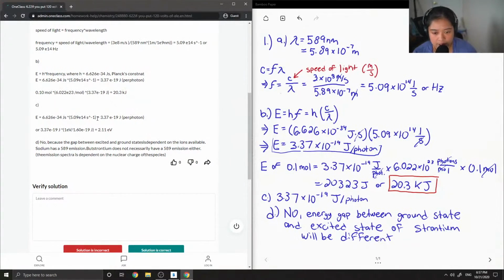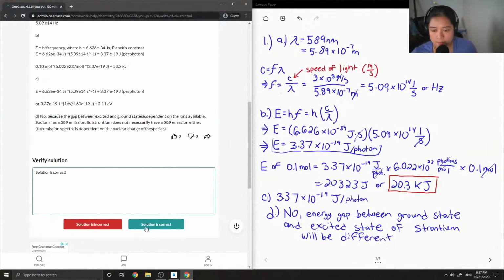The emission spectra is dependent on the nuclear charge of the species. So this solution was well written. It is correct. So the solution is correct. Okay, so now we can